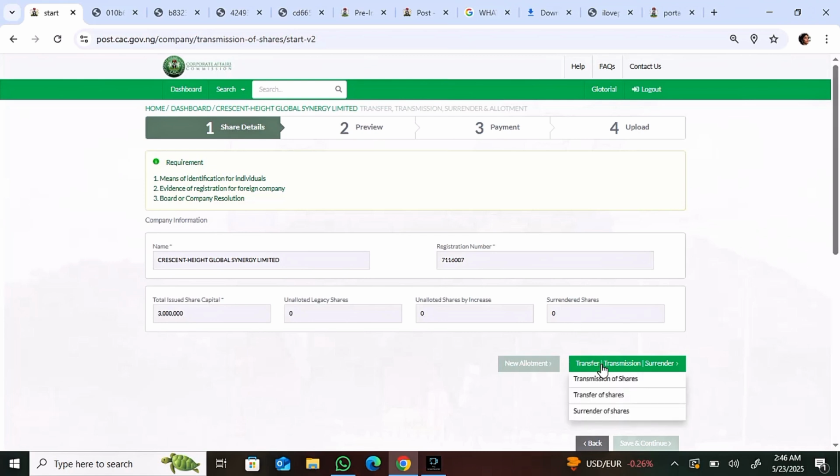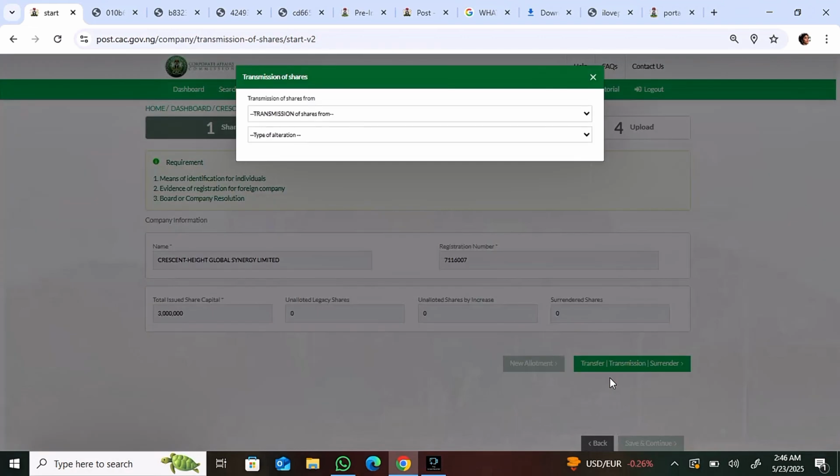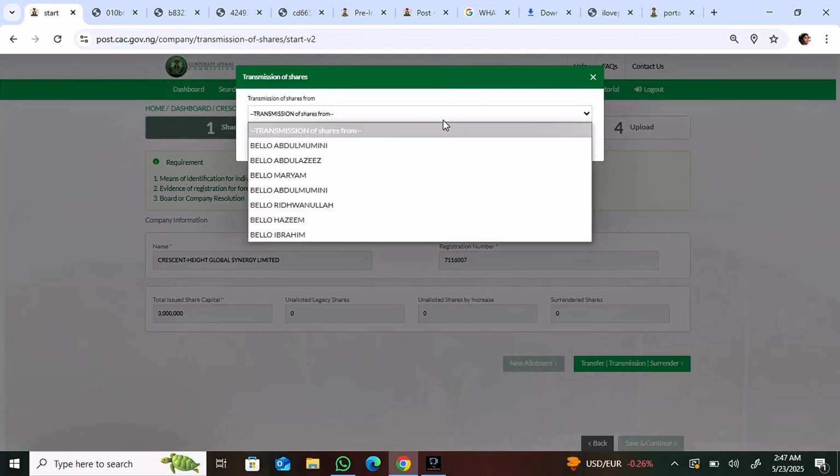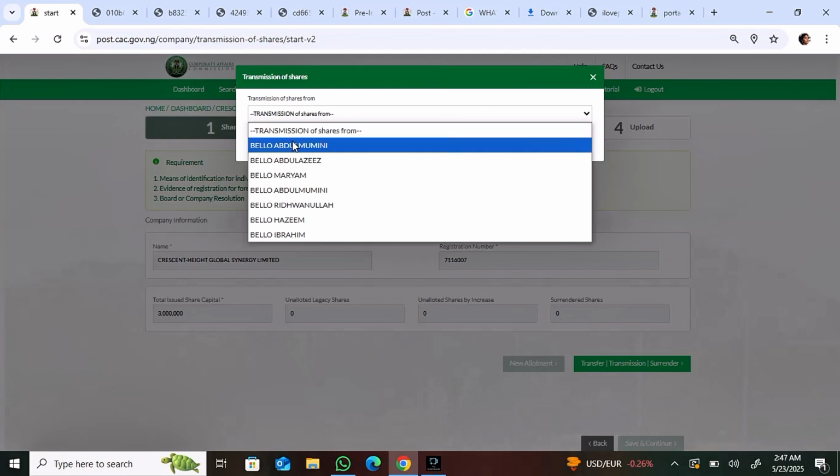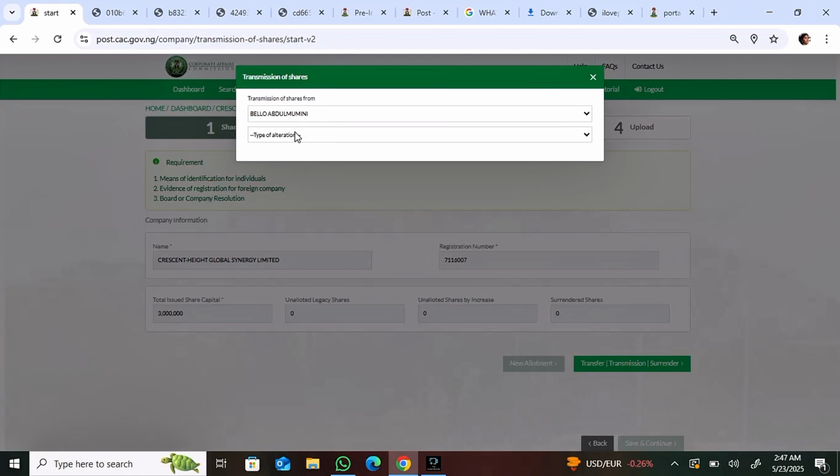Okay, so now these are the buttons and you have to carefully choose whichever you're working with, or you have to choose your options correctly. So for the transmissions, like I said, it's similar to that of transfer, but it's different in the sense that it's only when Mr. A is deceased. So let's assume that Mr. A is Bello. We are using this for an example. So Mr. Bello